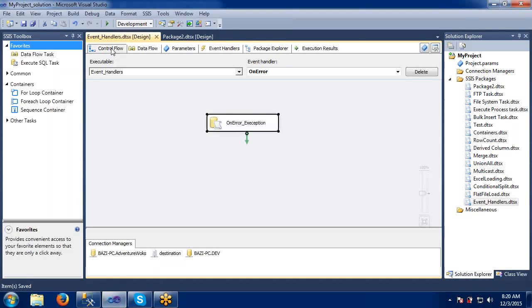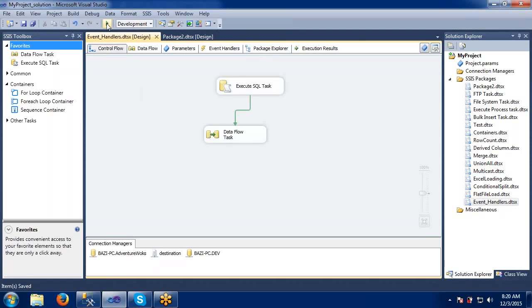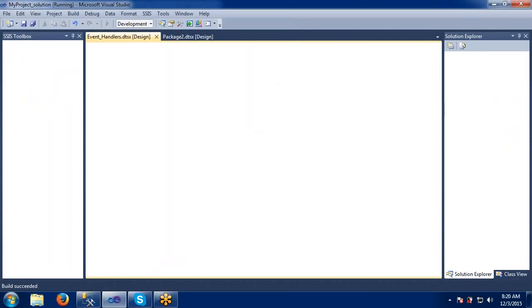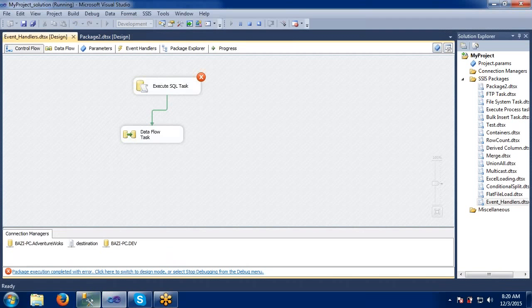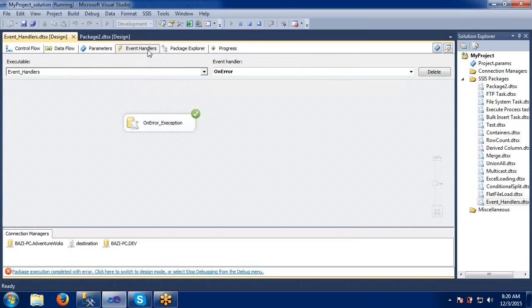Now let's start once again here. Yes, it failed now. Go to the event handlers. Yes, on error is successful.